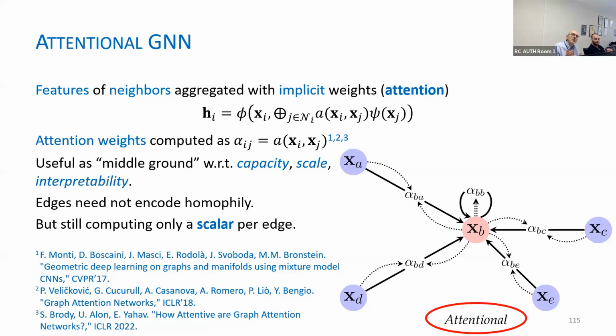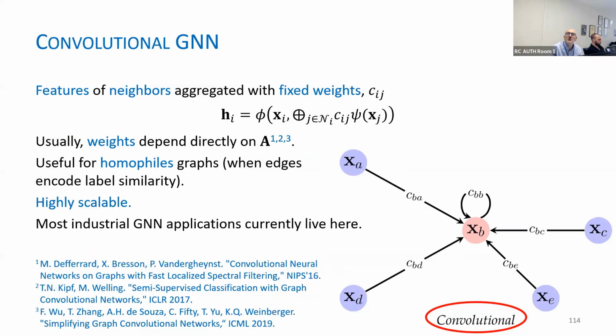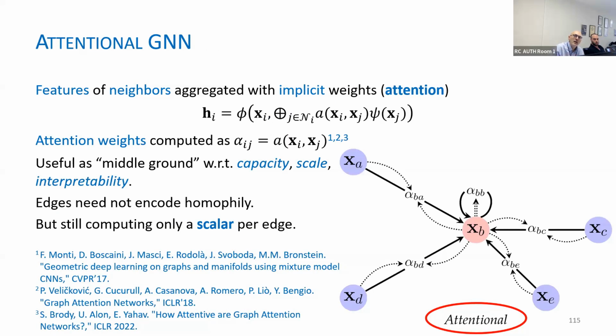And so this is a middle solution between the convolution one and the message passing one. The limitation is that normally the computation of that attention provides a scalar value per edge. And here in the lower part of the slide we also have some references. They are not very recent because I prefer to identify some initial proposition, then subsequent works refer or can be cast to this